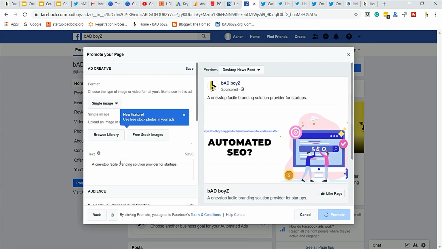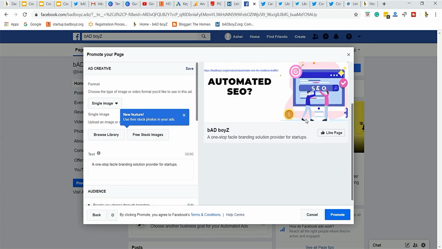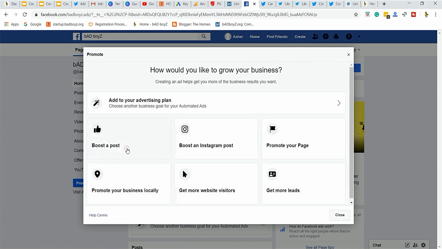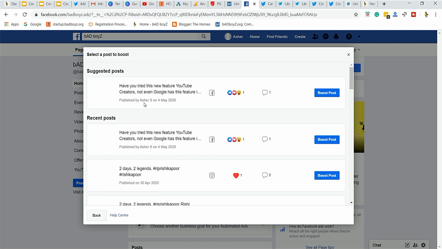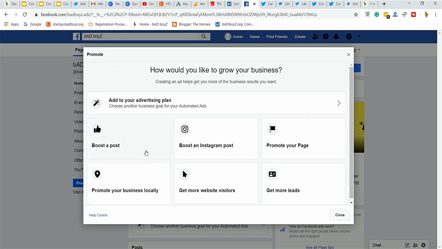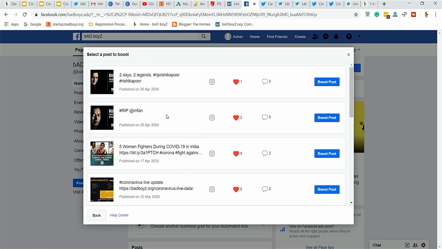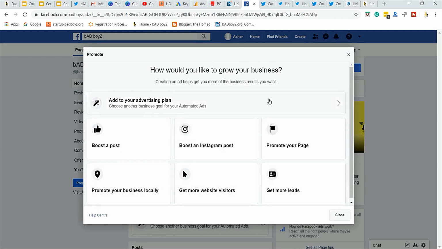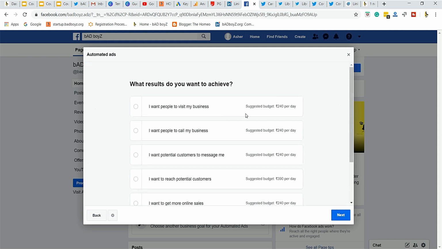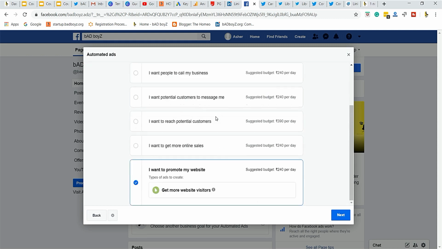You can get more likes for your page, so the page will be promoted. Boost a post, just promote the post so it reaches more people and gets likes. You can post the same thing on Instagram also. Or basically you can go ahead and do it with this one. Get more website visitors. Next,